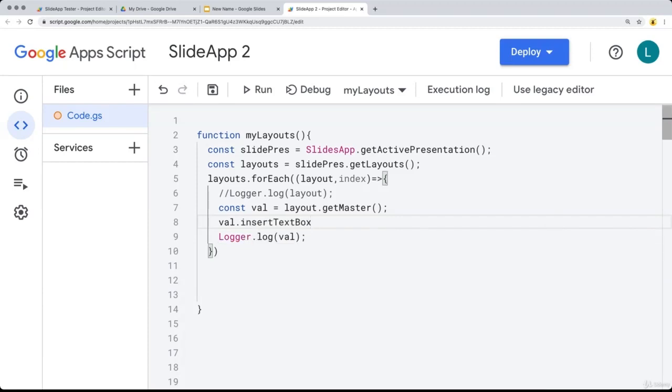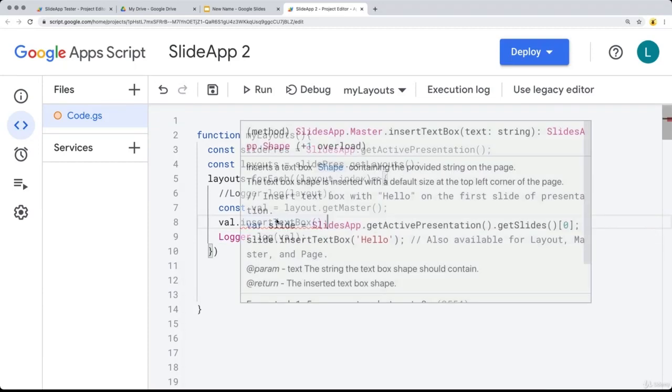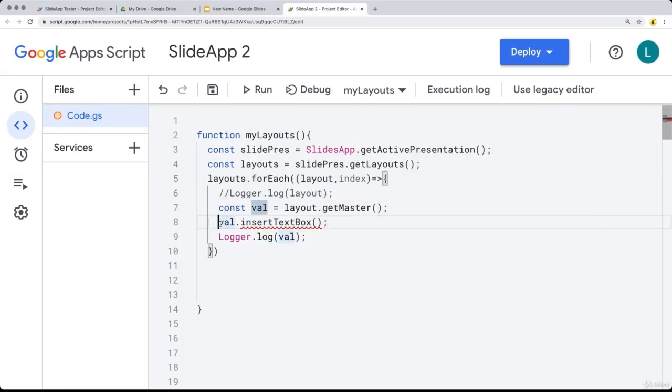Let's say, for instance, we want to insert a text box. We can insert a text box, and this is requiring a string value. And then if we want to select that text box that we've just inserted, we can assign a variable to it. So let's add in the text box,